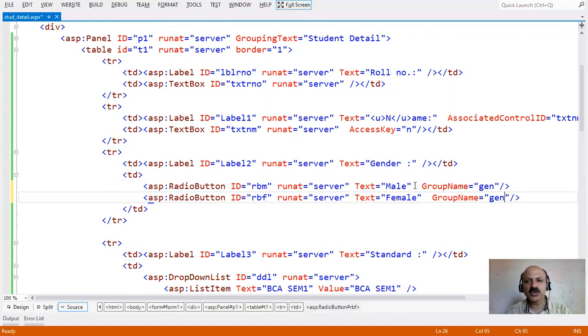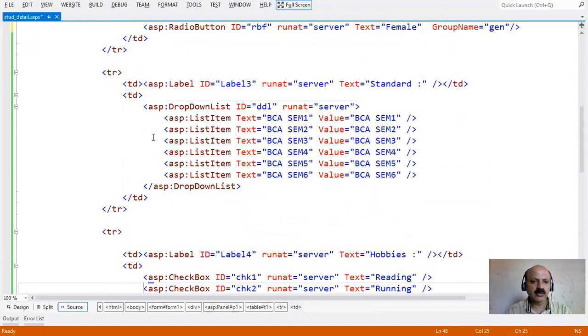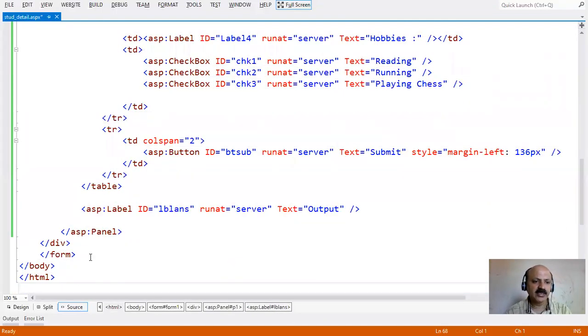In a radio button list you do not have to provide the group name, but for a single radio button you compulsorily submit the group name, and however many radio buttons you take, that group name must be identical. You cannot take different names like gn1 and gn2. So you have to supply the same name in all radio buttons. That is the only requirement for the simple radio button. So I think our designing part is ready. We start our coding part.